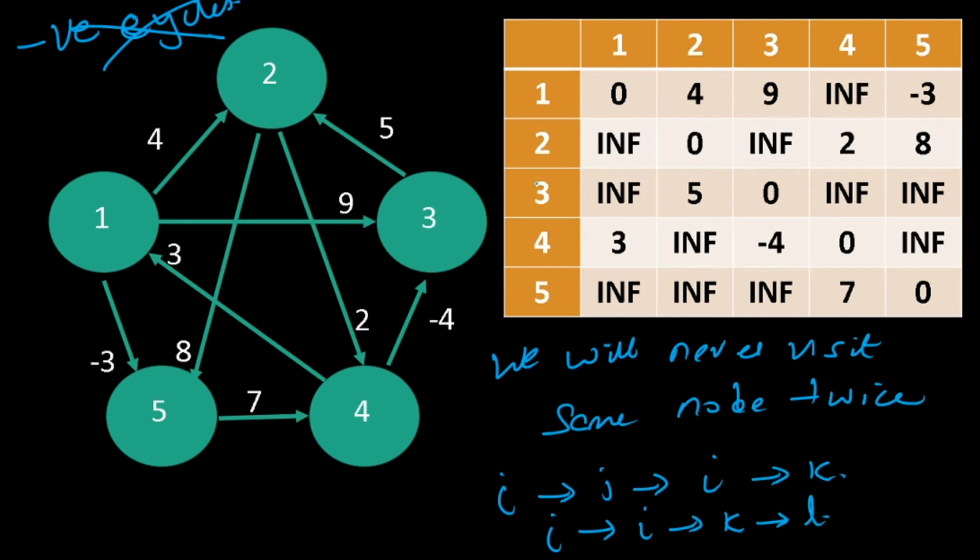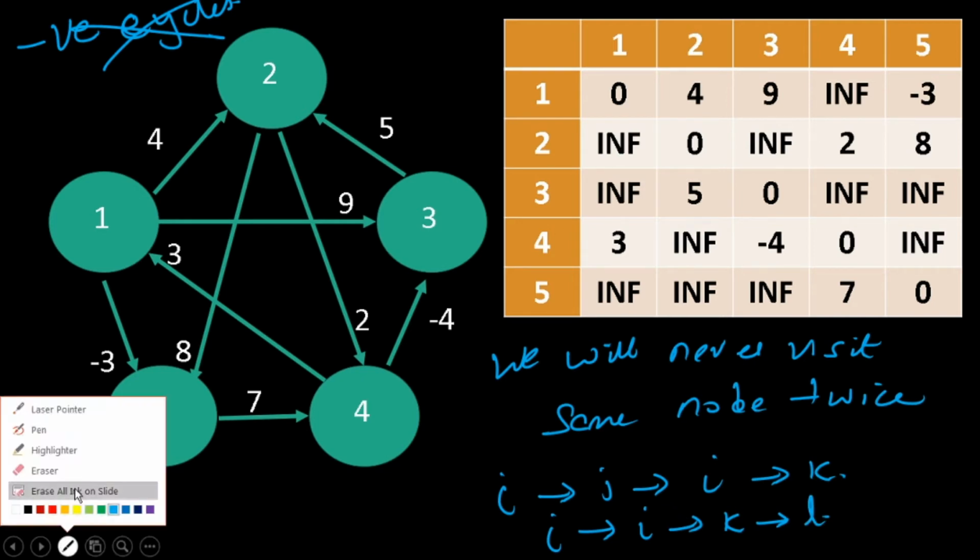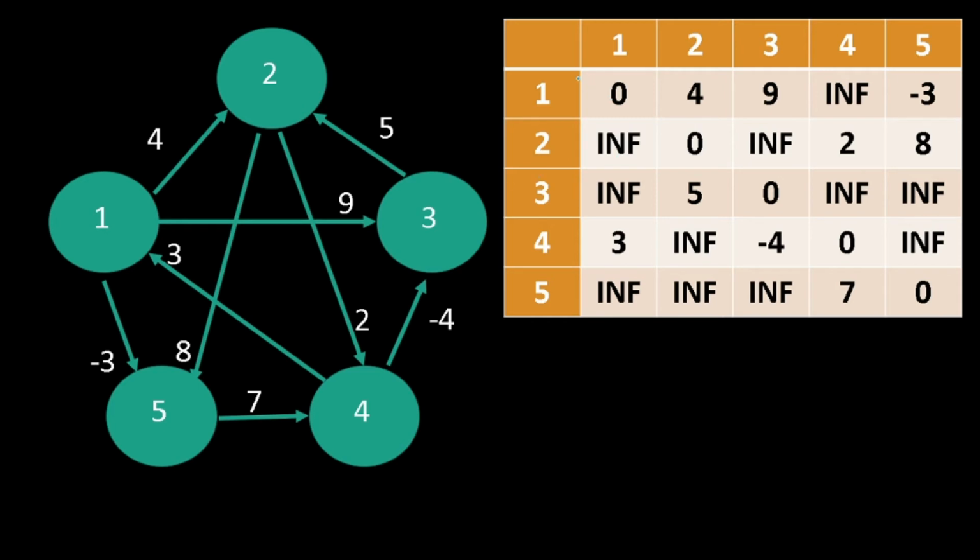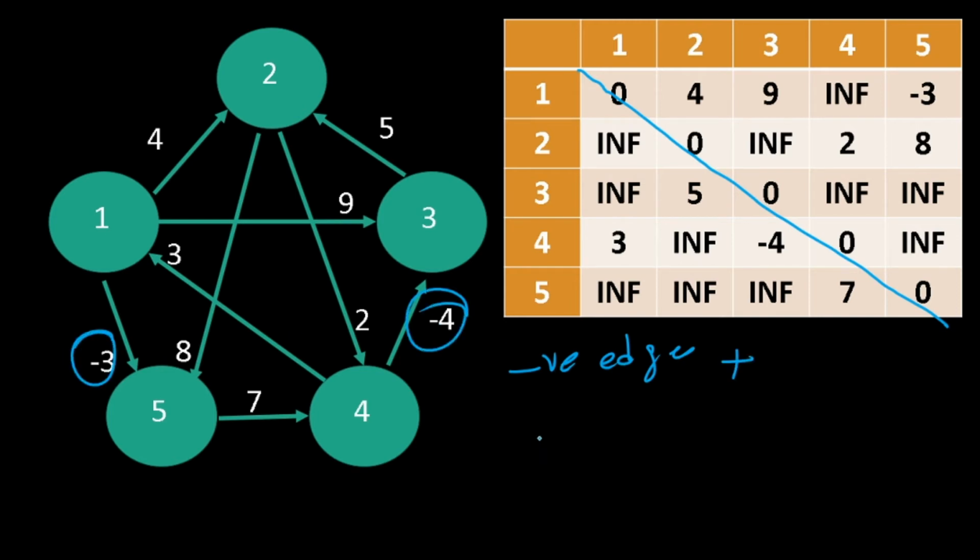Okay, so let's go ahead and explain the matrix. Since I won't visit the same vertex twice, I have labeled all these as zeros. This explanation is going to be more general than what the problem statement demands. Why? Because we have negative edges. You see, this is a negative edge, this is a negative edge. Plus, we also have direction. So yes, this is going to be a more general purpose explanation. Let's go ahead and solve this.